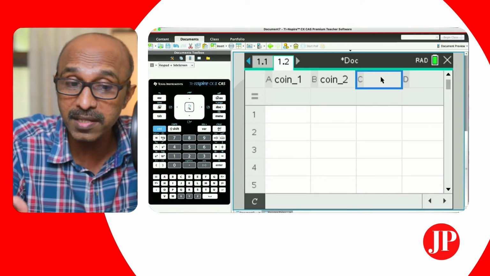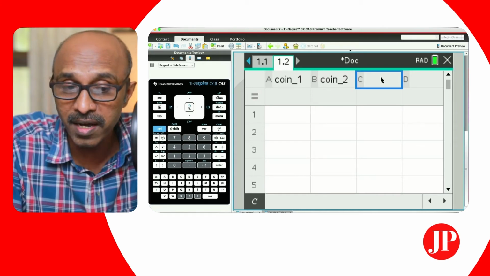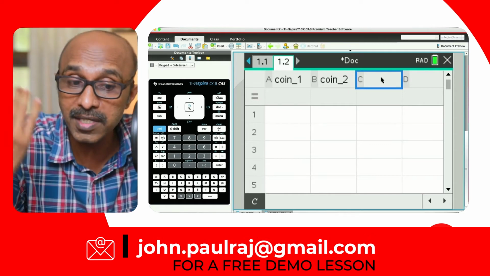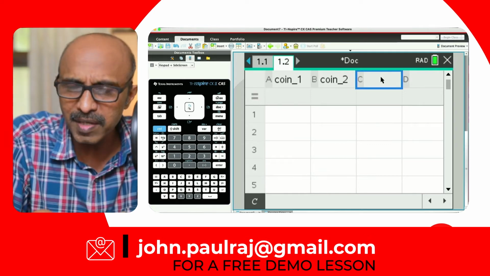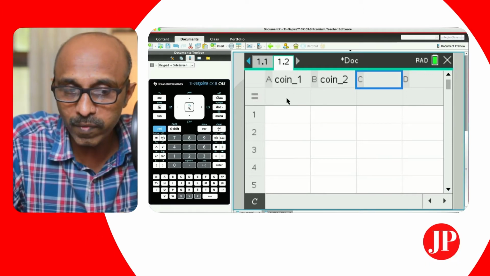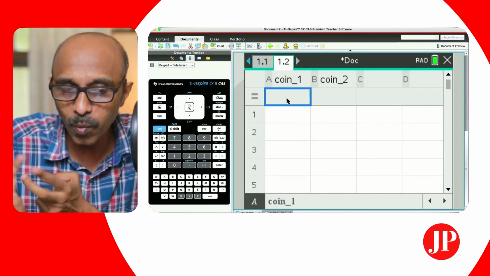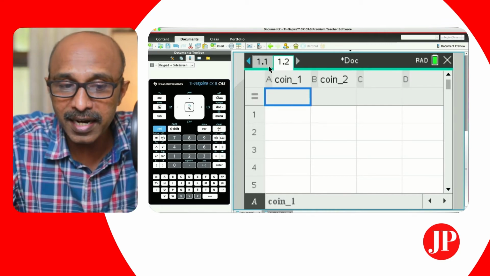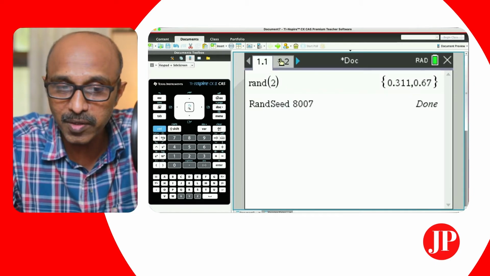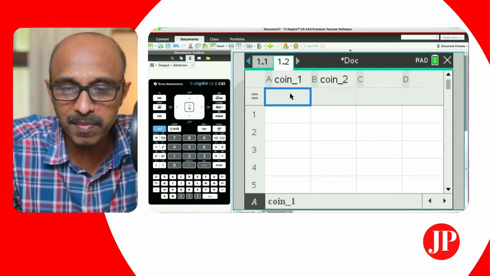And this is the power of using technology for simulations and investigations, where you don't have to literally toss the coin. Like, let's say each coin we wanted to toss 1,000 times. You can't really do that, right? I mean, we can do that if you have so much time, but the calculator will just do it for you just like that. What we're going to do is assign 0 as heads and 1 as tails, and these are integers, unlike the random numbers here. Those are real numbers coming through, and so we want integers. So the syntax is slightly different for random integers.